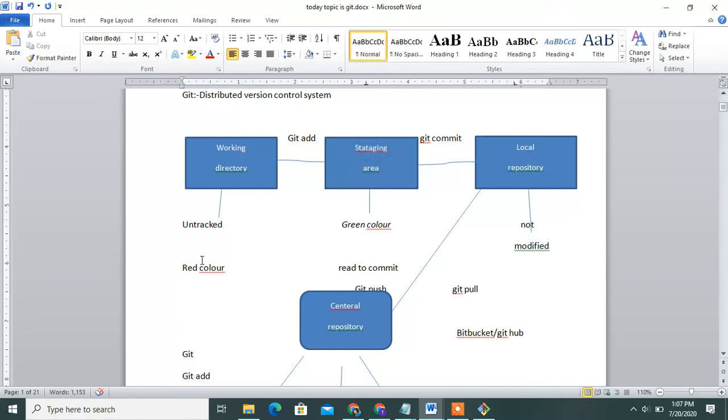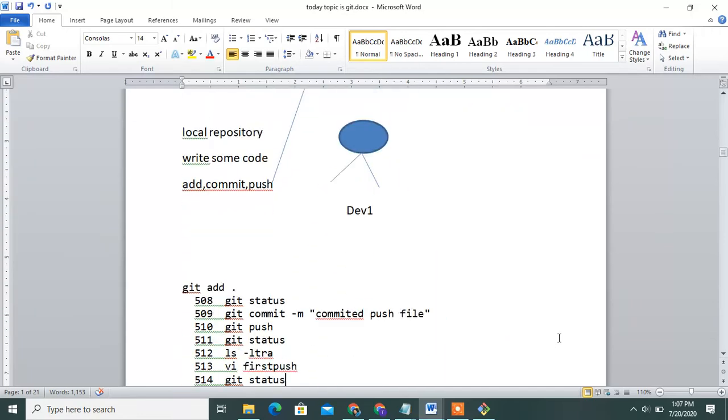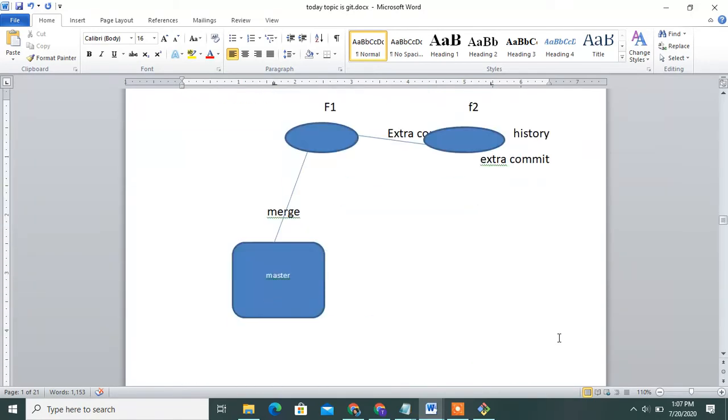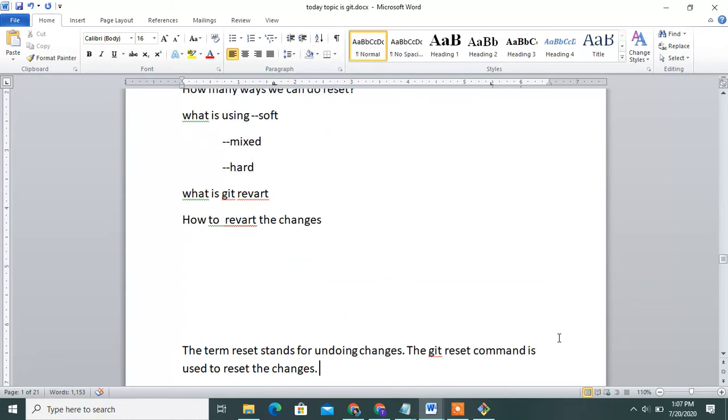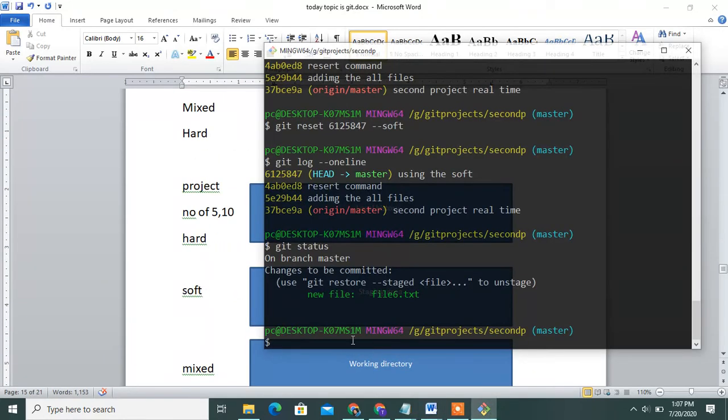Red color means untracked files and the working directory. Okay, remember, you understand guys what the soft command is and how to use it.